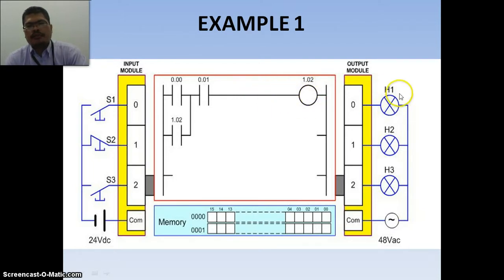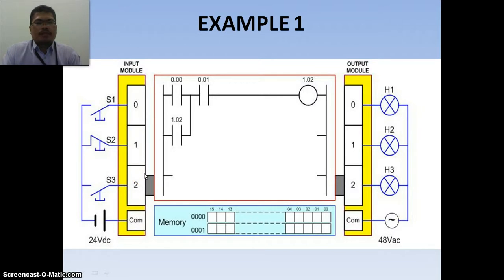And we have indicator light H1 connected to output number 0, indicator light H2 connected to output number 1, and indicator light H3 connected to output number 2.